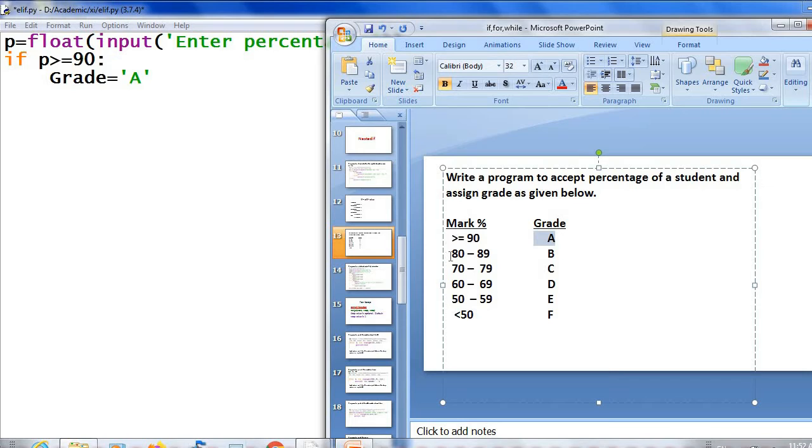Then the next condition: if the mark percentage is in the range of 80 to 89, grade is B. See, if the mark is not greater than or equal to 90, it means it is less than 90. So here you need to check only whether the percentage is greater than or equal to 80.